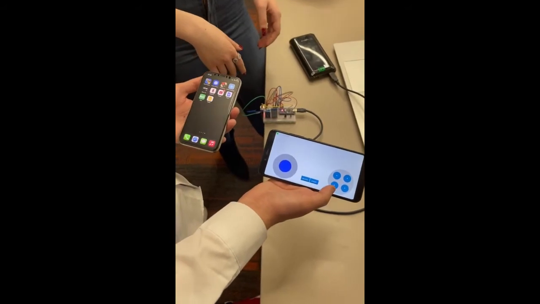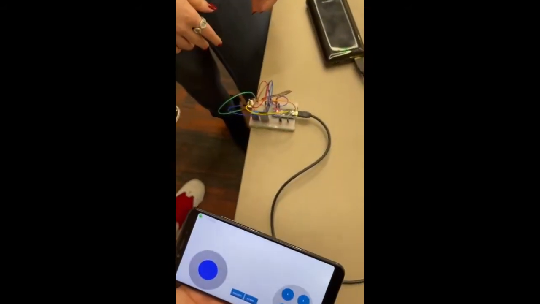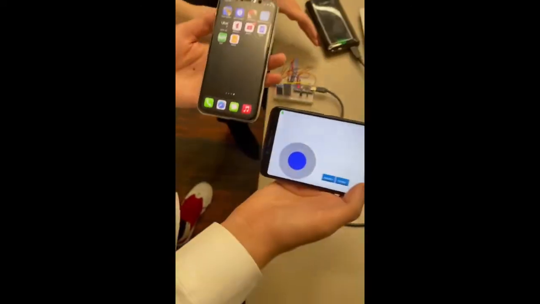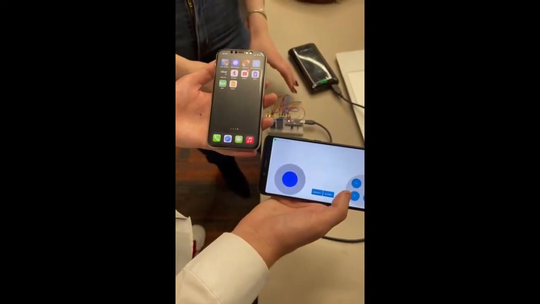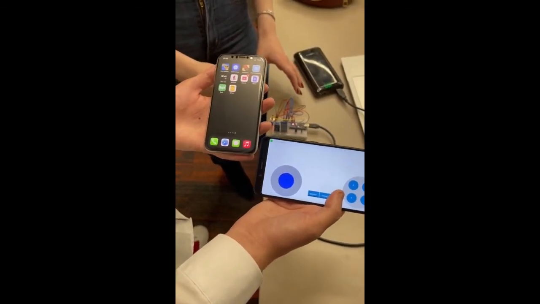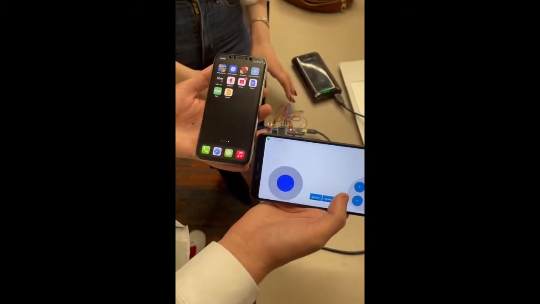Now let's imagine that there's a car crash and the driver can give feedback. As you can see, the device hasn't been disconnected.